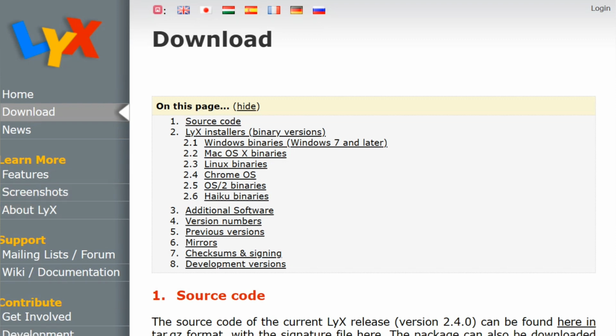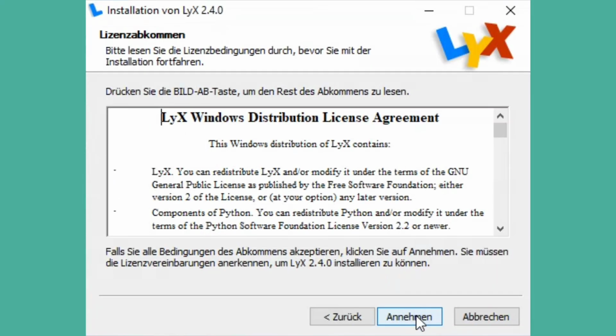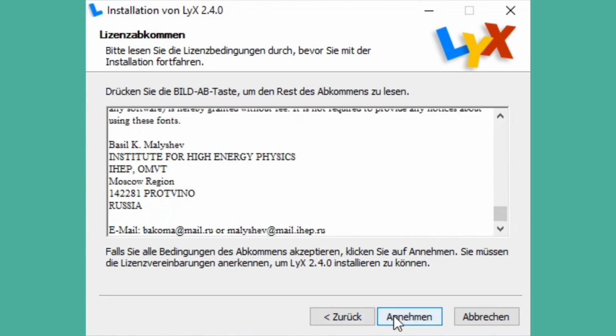For normal people, you can write a very nice CV, a nice resume, and much more. It's really perfect. So now we see the license, how you must download, and you can read all and click next, and